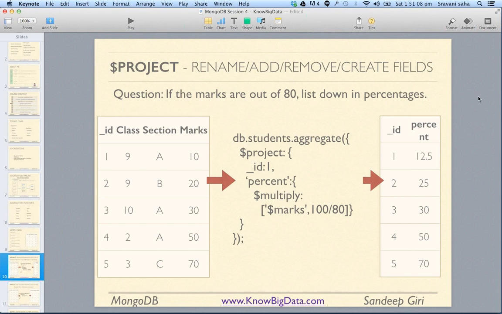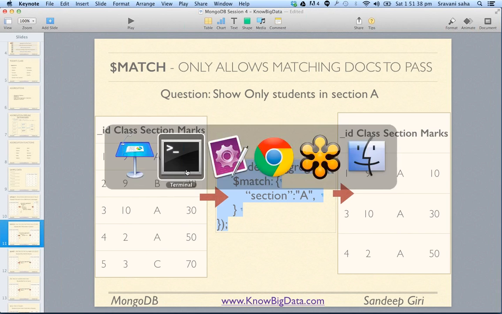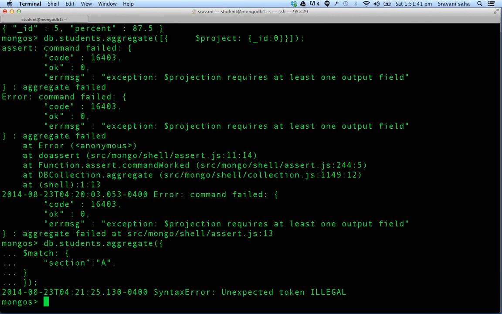So moving on. So this is clear, right? Pretty straightforward. All you did was just a project. Now, second one. In this, what we are trying to do is take a table and transform into another one. So we want to say that show only students of section A. So basically, it's a match criteria. We just have to filter it by A. This is pretty straightforward, right? So all we do is